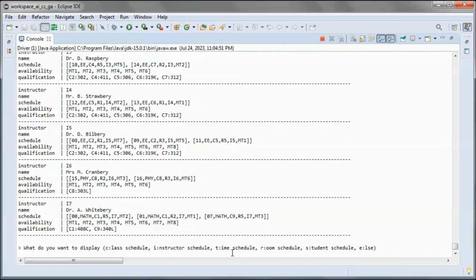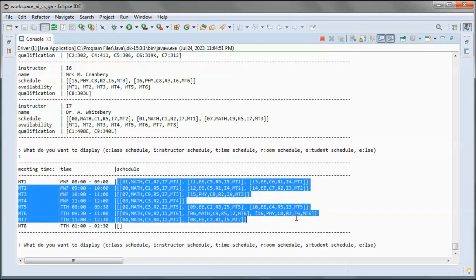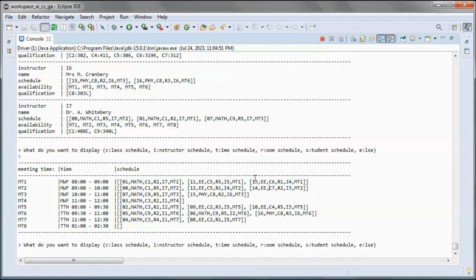And from the time and schedule perspective, here we have 17 classes at different meeting times. So this one class, course 1, this is course 5, and this is course 6 by different instructors.